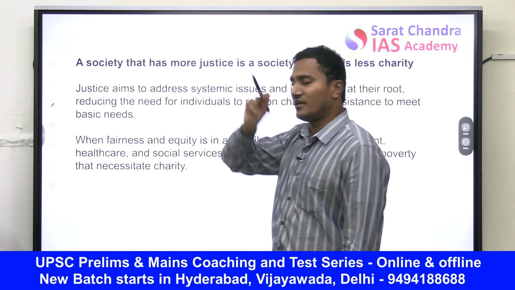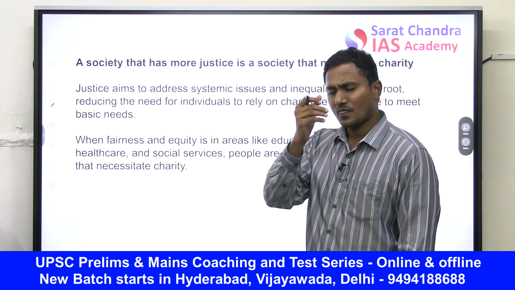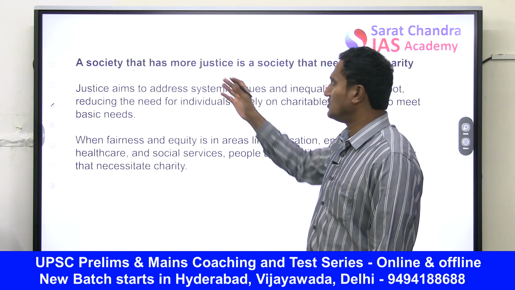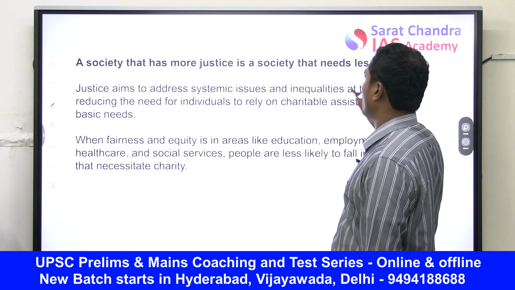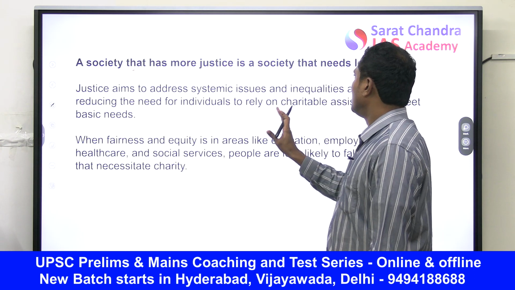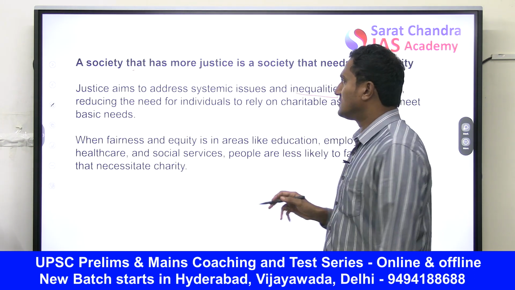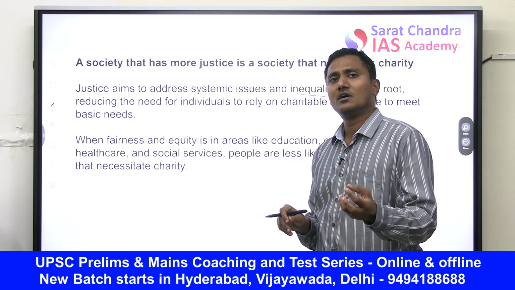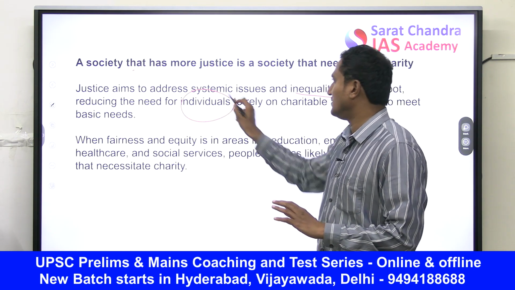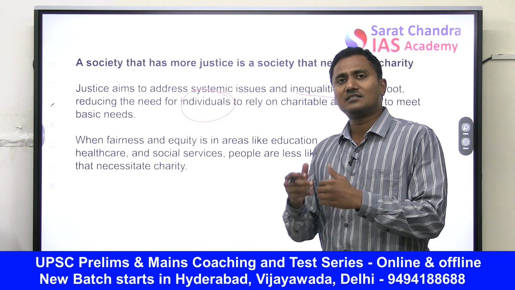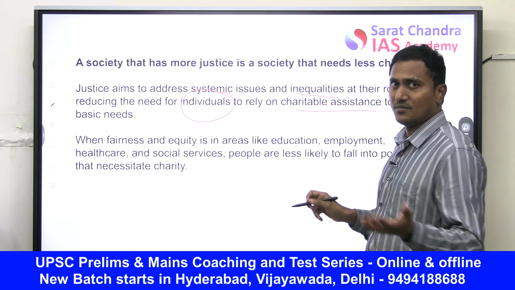Now, after defining all the keywords and comparing the keywords by giving examples, in the 4th or 5th paragraph, we enter into the actual meaning of the essay topic. Now you explain the meaning of the topic. You say that as justice tries to resolve the inequalities and the root level social problems, the individuals in society who are able to get justice will not be in need of any kind of charity from anybody.